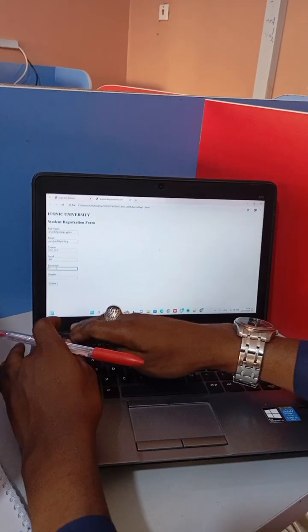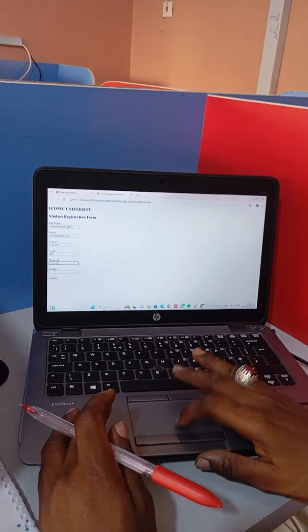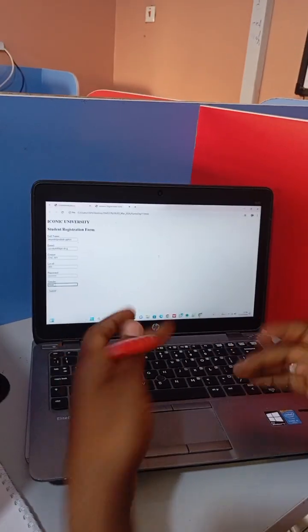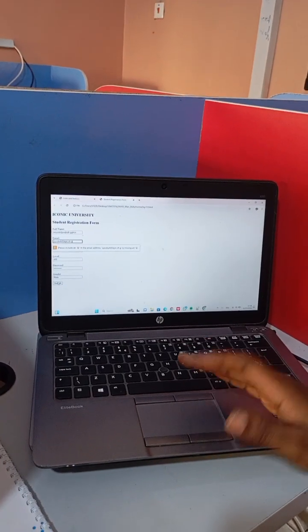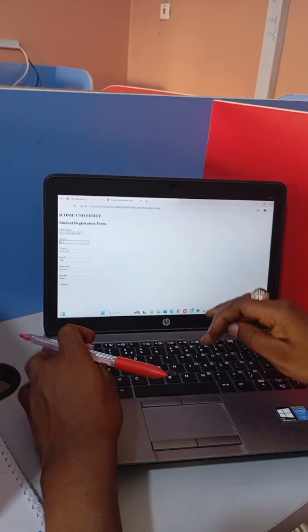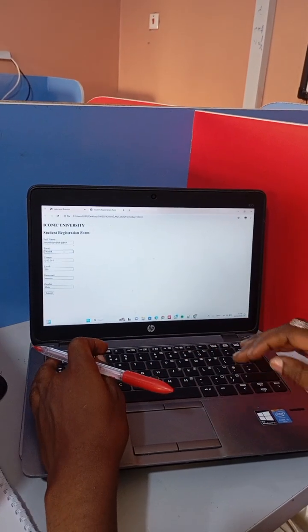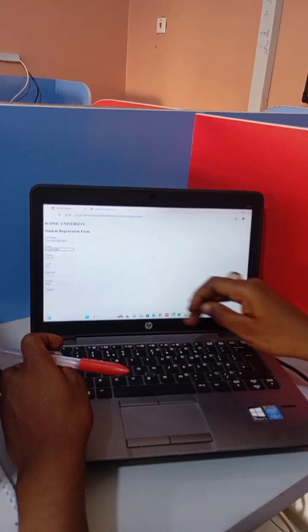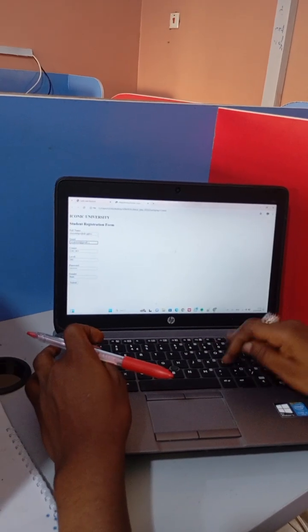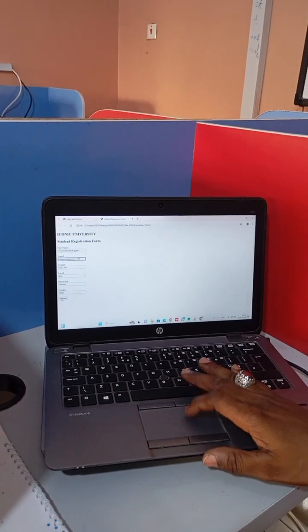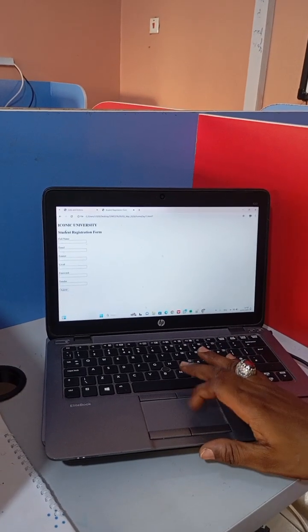Then the password, you can choose any character. Then you can put mail. If I want, I may use radio to put this gender, but this email is incorrect as it shows. Let us use the correct email, thing at gmail.com. So if we submit, as you can see, it has submitted.